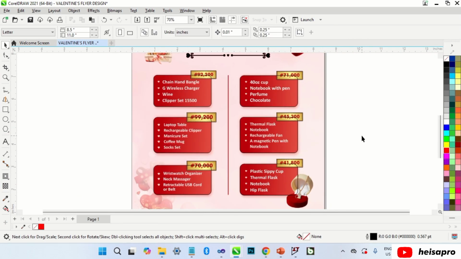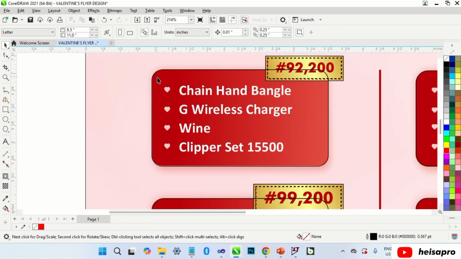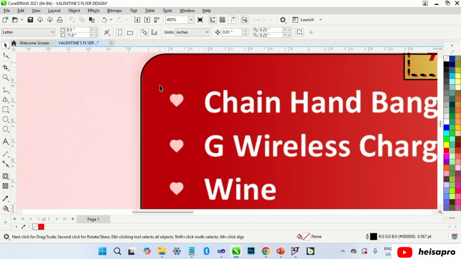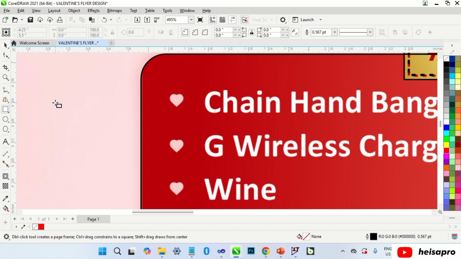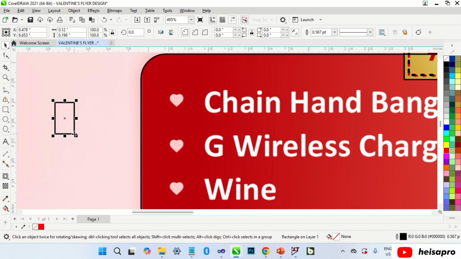Next, we focus on the heart bullets. So we can simply trace the heart bullet out, but let me show you an easier way to form a heart. So you select the rectangle tool, then you draw a rectangle, then let's select the shape tool, then select the top nodes